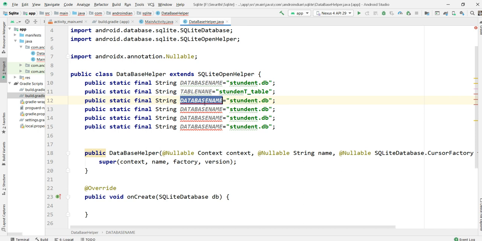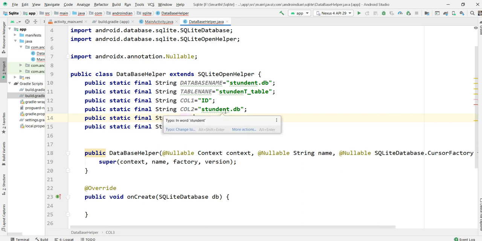And after this, first I'm giving column 1. Column 1 is id, so I'm giving id here. The next one is column 2, then column 3, because in total we have four columns, and this is column 4.